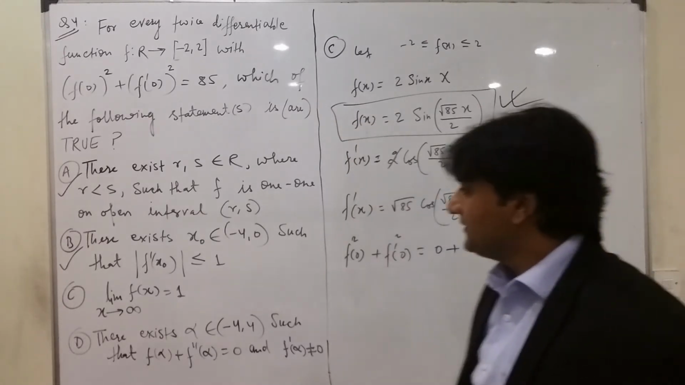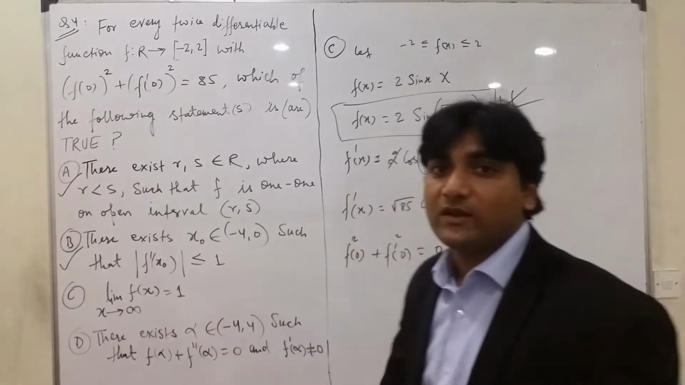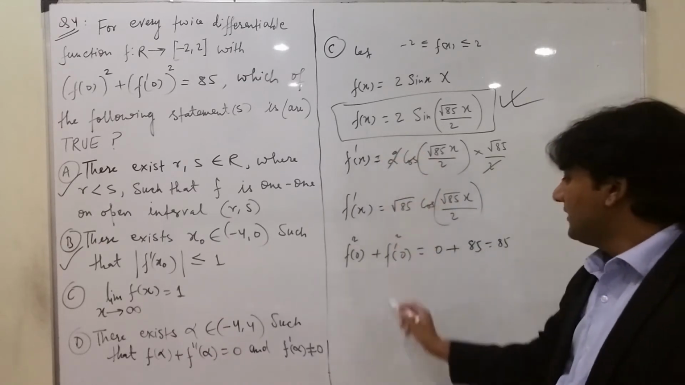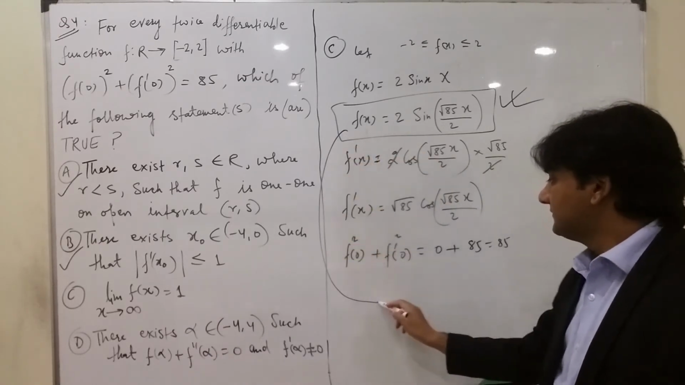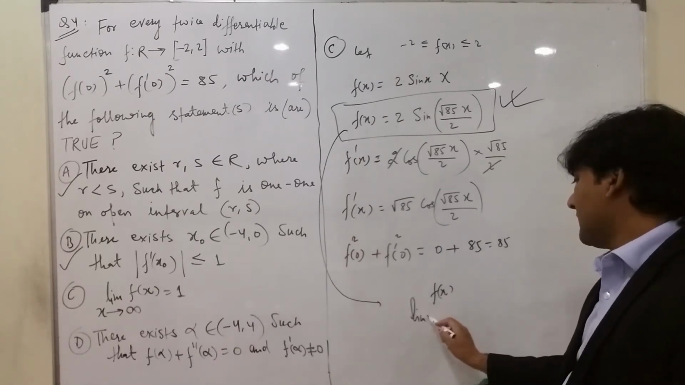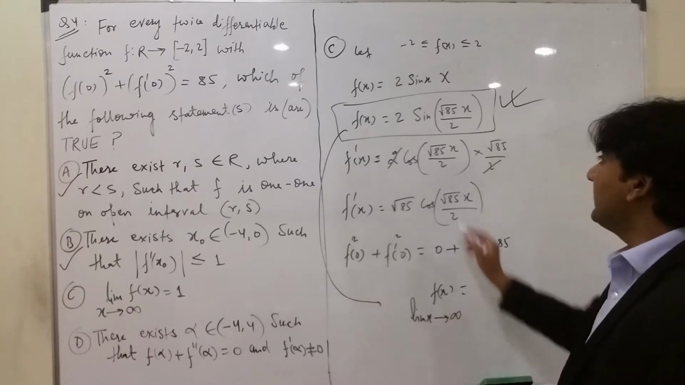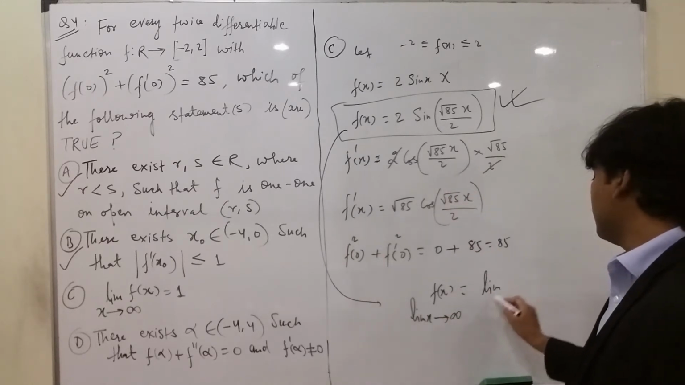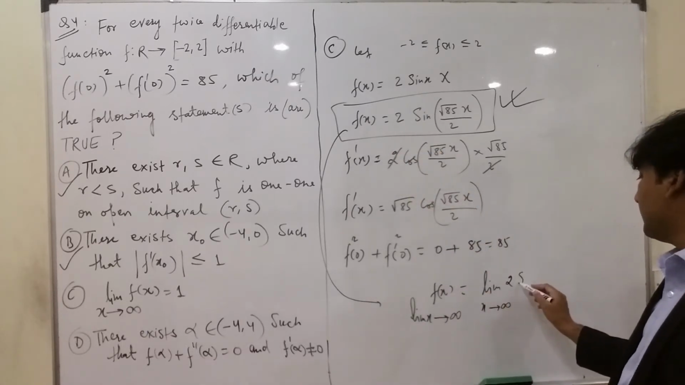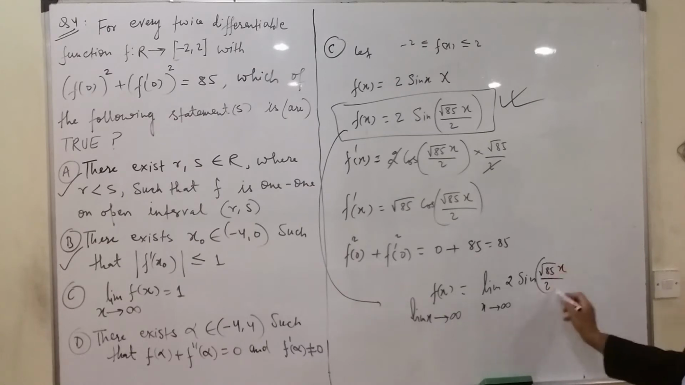but for this function, when x is approaching infinity, the limit is not coming 1. Why? Let us understand again. If I put the limit in this, we have f(x). Now limit x tends to infinity. So here I will write limit x tends to infinity,